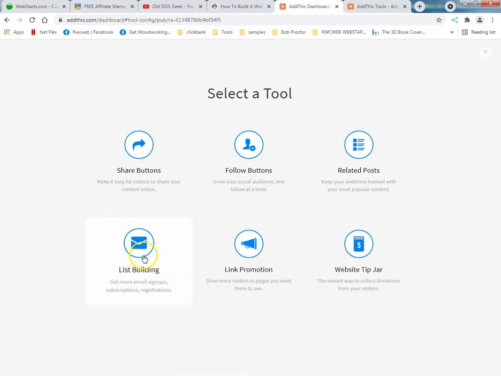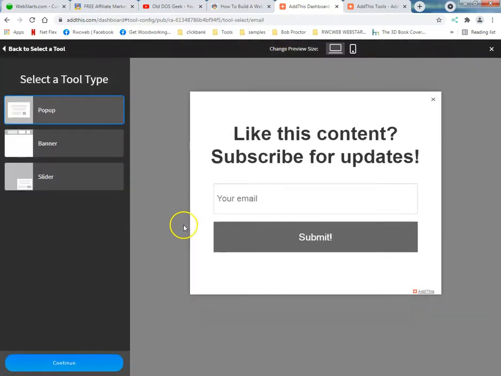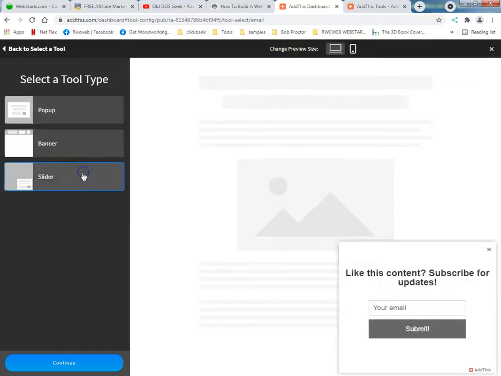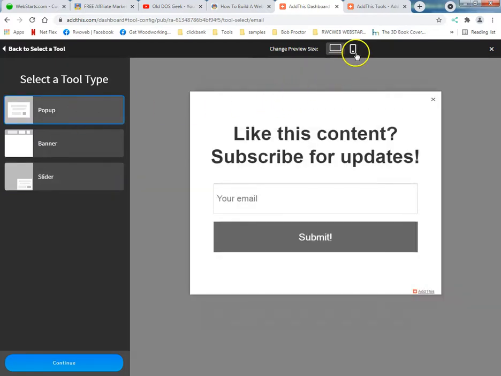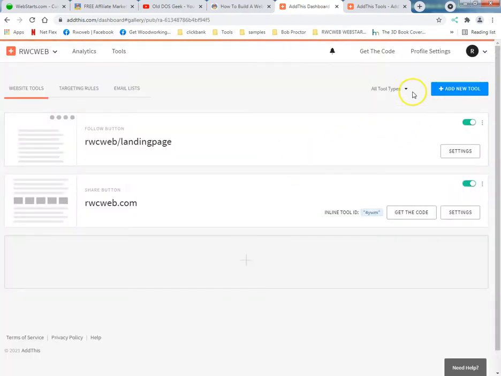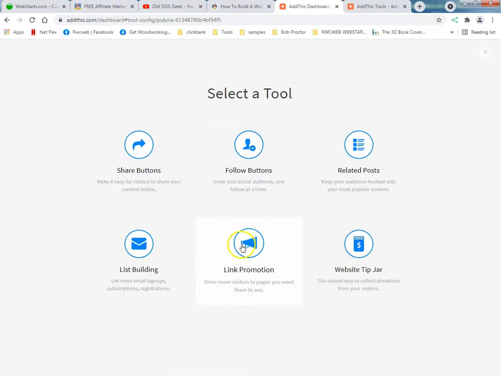Add a new tool. List building. This I absolutely love. Okay, I'm going to do a special video just on this one. Okay, actually, I think I'll break it down and I'll do a video on every one of them. Alright, because I want you guys to succeed. Look at that. Add a new tool.